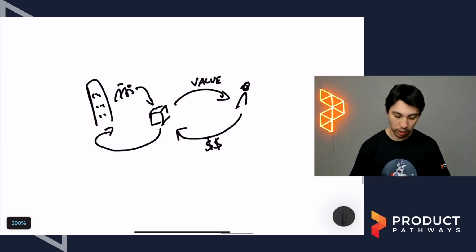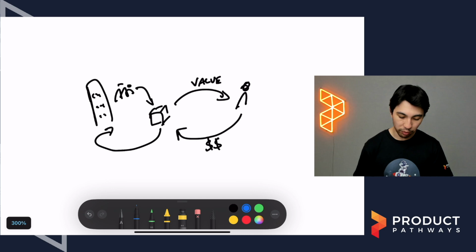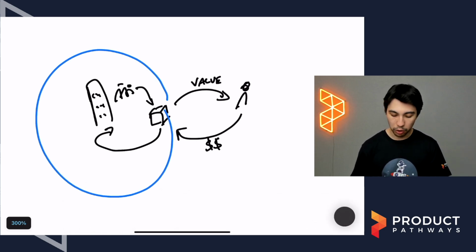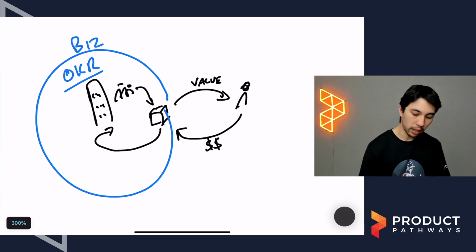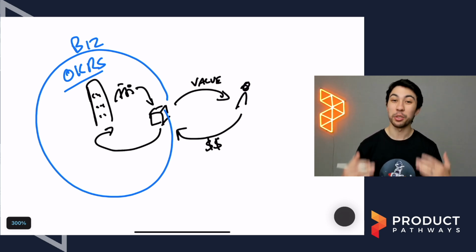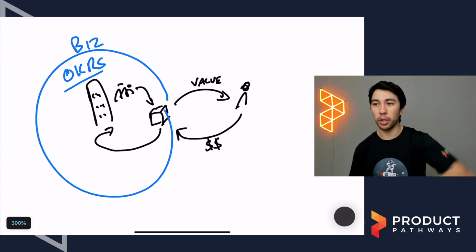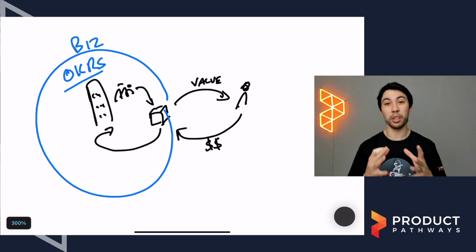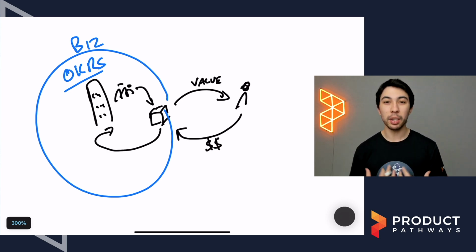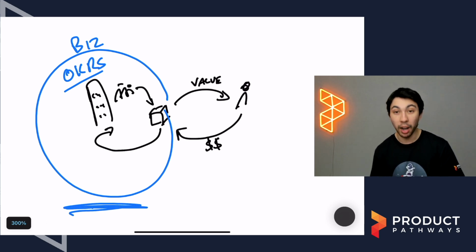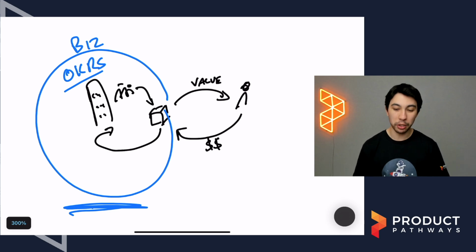So why am I talking about this? Because companies can fall into the trap, I've seen this too often, where they are too focused on the business and themselves. They set OKRs that are solely focused on the business. Things like growth targets, drive down costs, increase revenue, increase customers, and it's all internally focused, right? Which is fine. We need to think about the business impact that we want. Again, we need to complete this flywheel. This is still an important part of the whole picture.